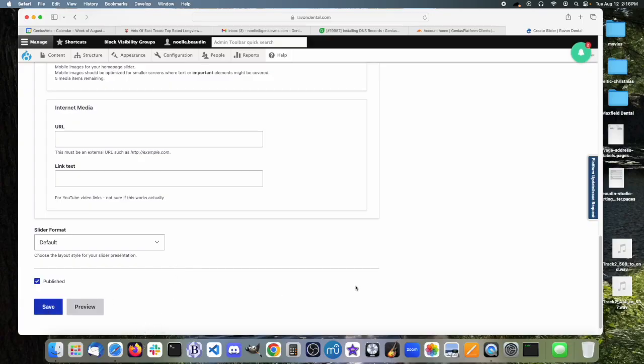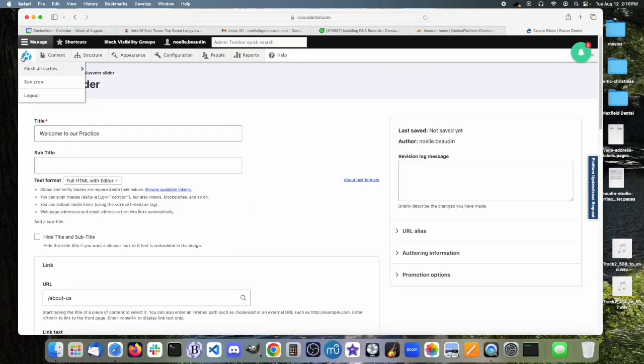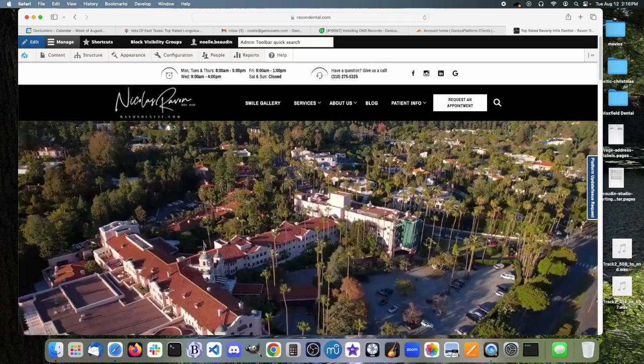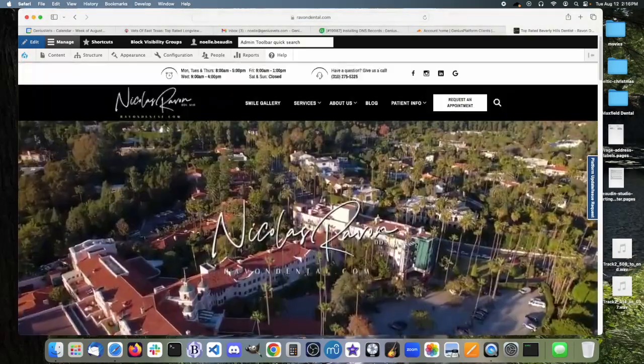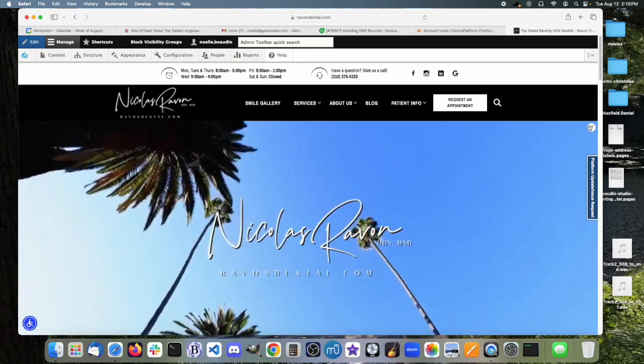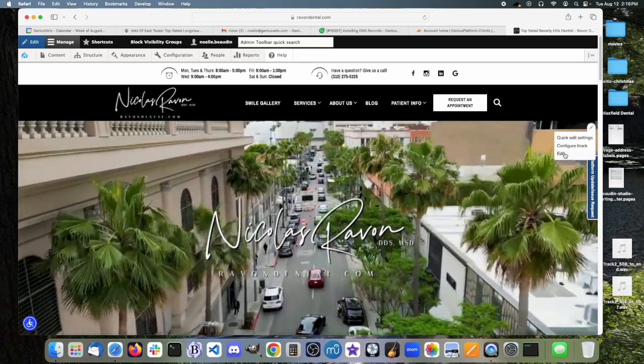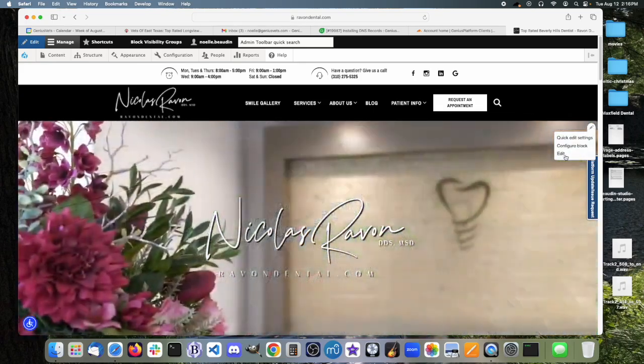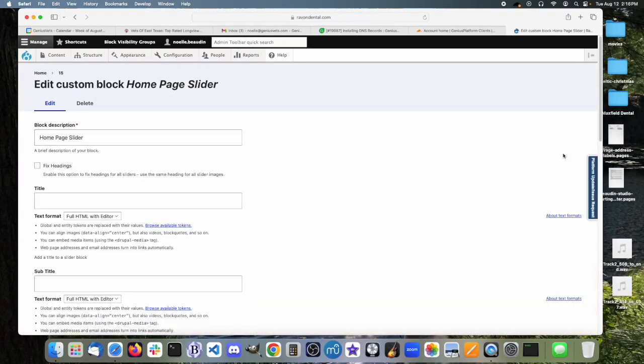Once you save that, that image will be then in the slider rotation. But because we have a home page where there's a video, we don't need to change any of that. If you did want to change what's on this video, you'll see once you're logged in that there's a pencil icon. And if I hit edit here,